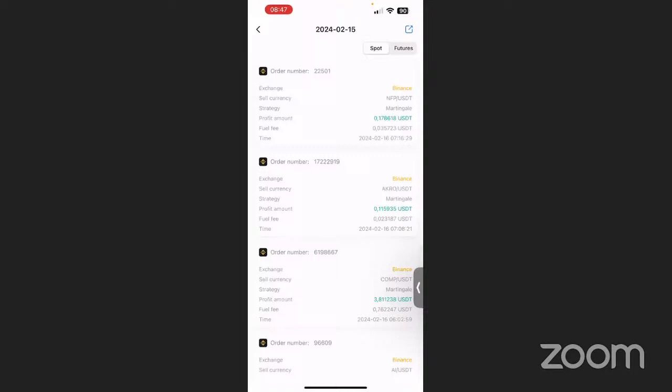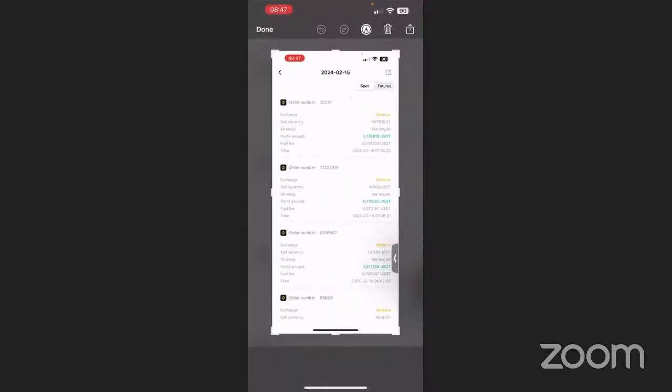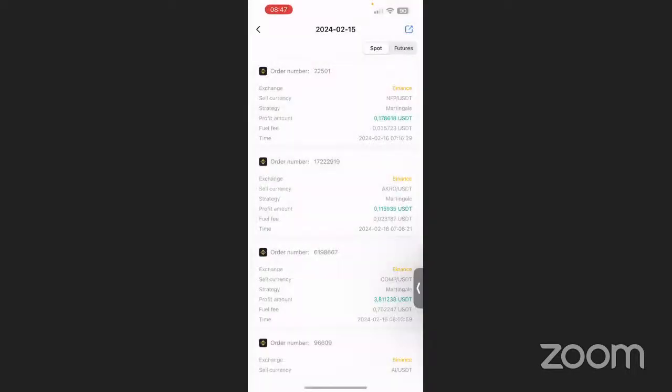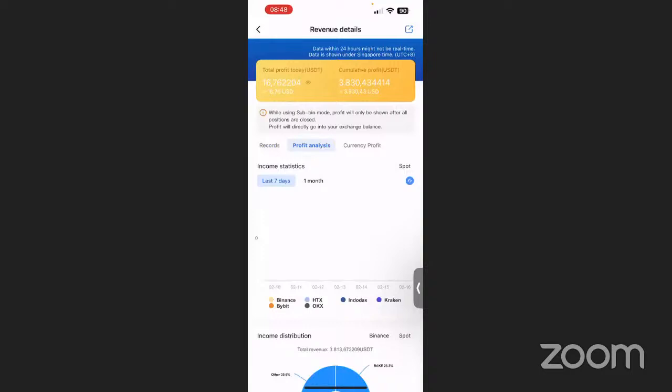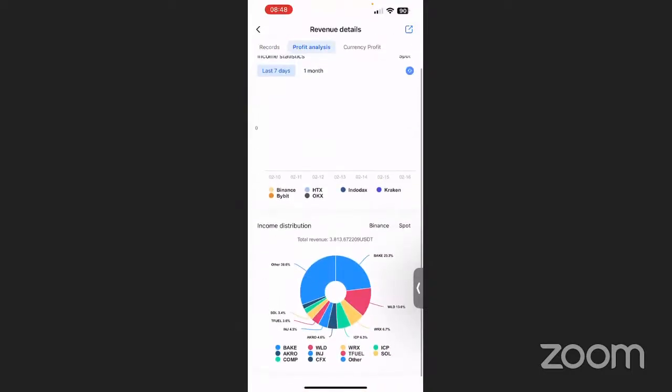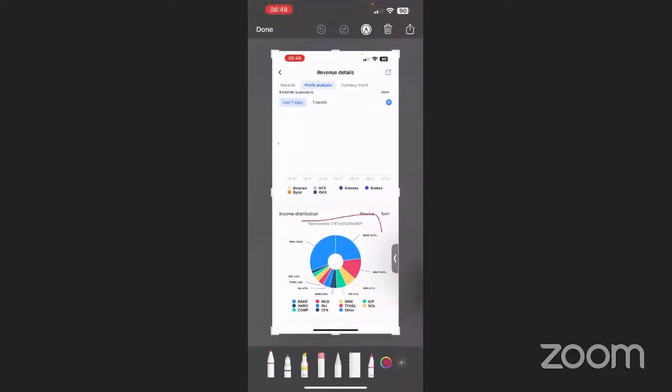Okay. Now, if you are not trading on the spot, you are trading on futures. Please tap on futures to get futures results. Okay. All right, let's move out and go to profit analysis. Under the profit analysis, you actually see a beautiful graphical illustration of the coins that have given you a lot of